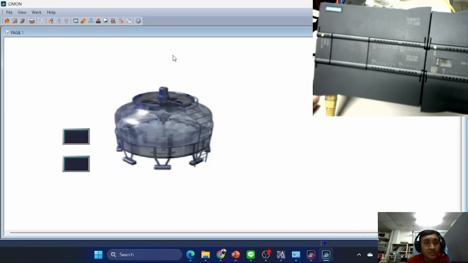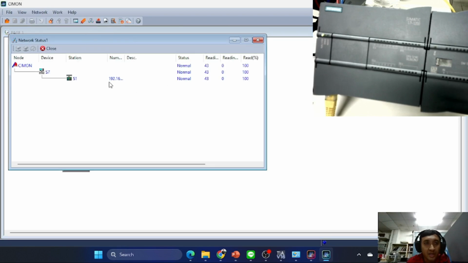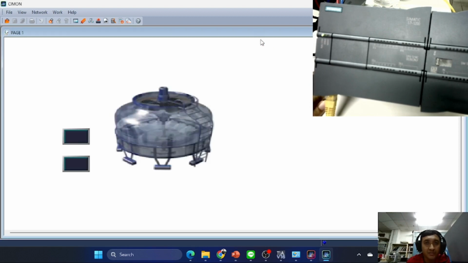And now we need to make sure of the network connection from our laptop or our computer to the PLC. Now the connection is already established, from our laptop IP to the PLC IP. With this we can see that our program can control the PLC.